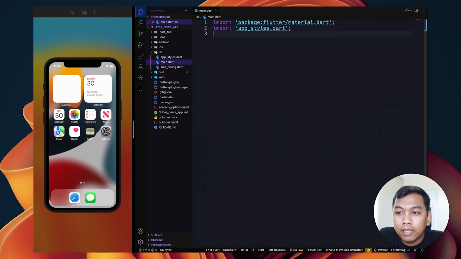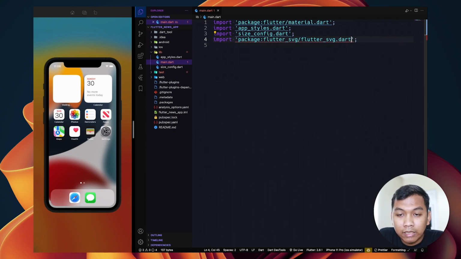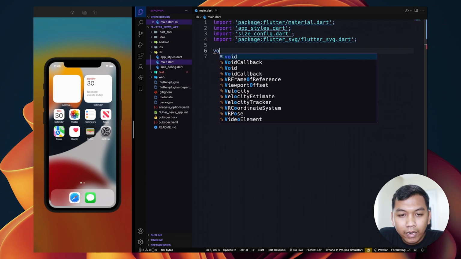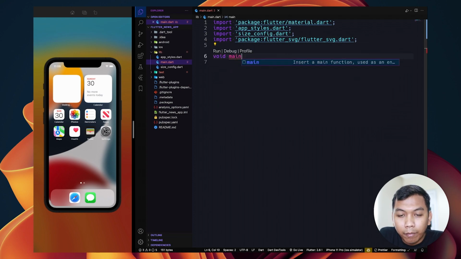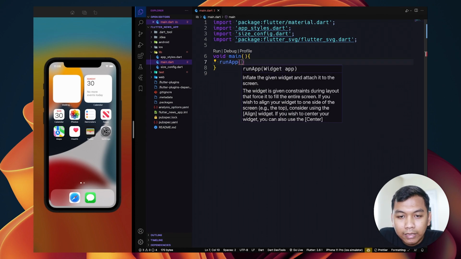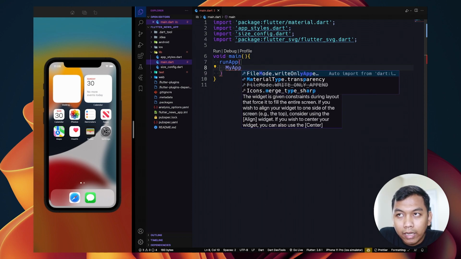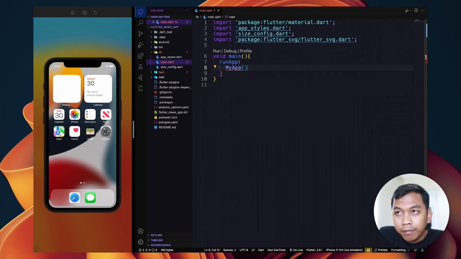And the next is import size config, and again import flutter svg. And we need to create the main function that runs runApp, and inside that we need to call our app name, which is MyApp.